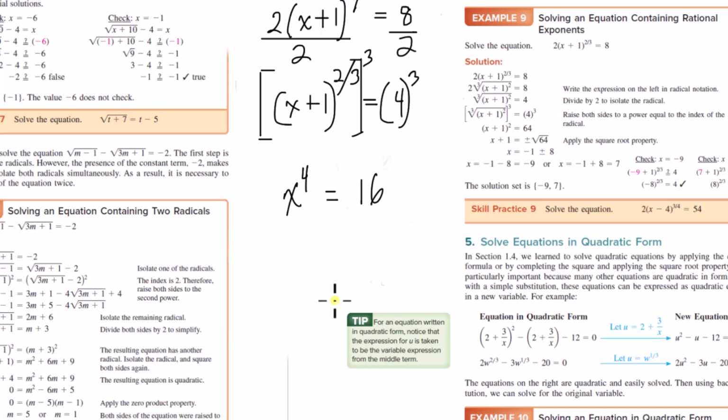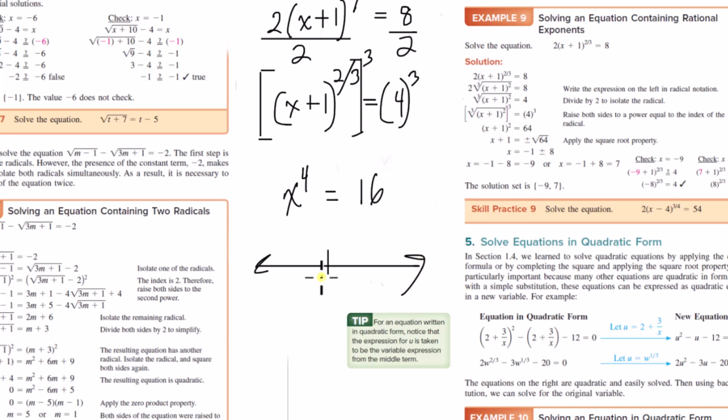But if you're only considering real solutions, if you have x to some even power, you're trying to figure out what number to an even power equals a positive number, some even power other than 2. If the power is equal to 2, then you just apply the square root property, and even this could be negative if the power is 2. But if it's an even power not equal to 2, and you're trying to think about what number or numbers, when I take it to this power, give this positive number, if you're only considering numbers on the real number line,